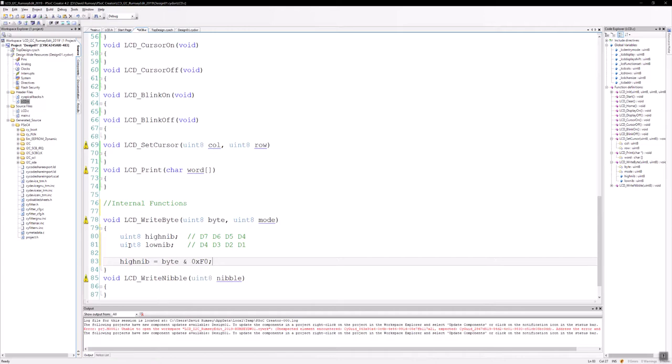Because what we're ANDing it with is, so we have the byte D7 down to D0, all the way down to D0, ANDed with 11110000. And so that means we're going to just strip out